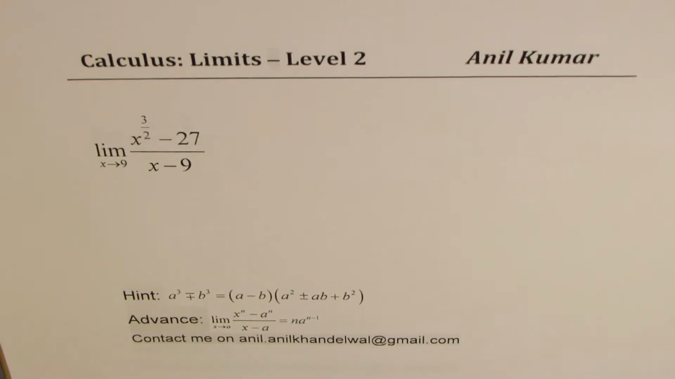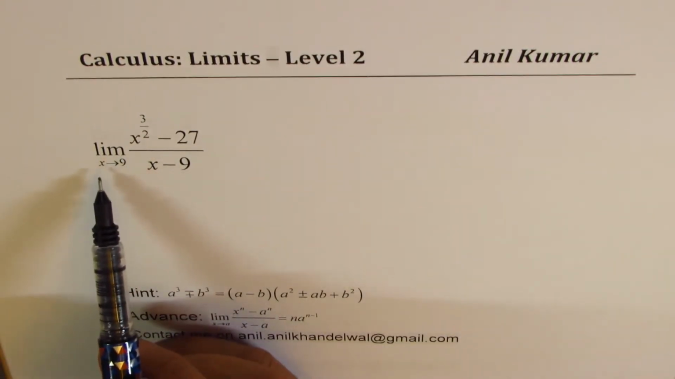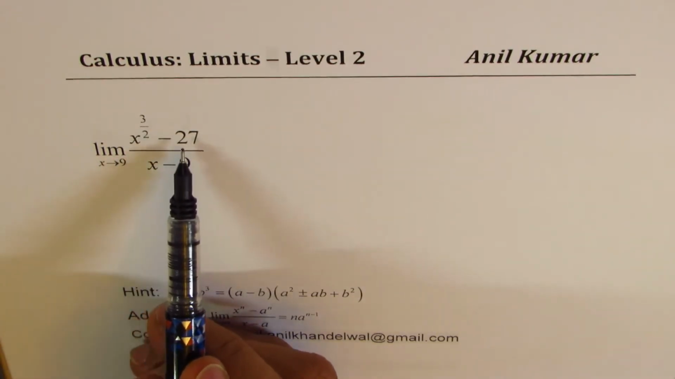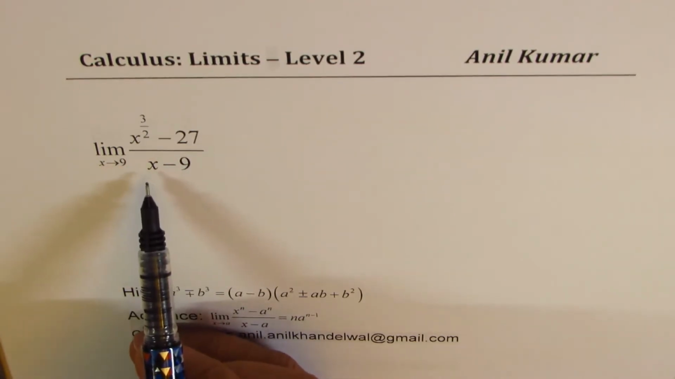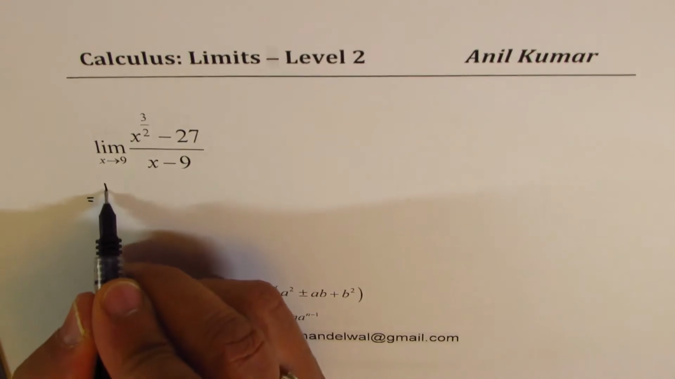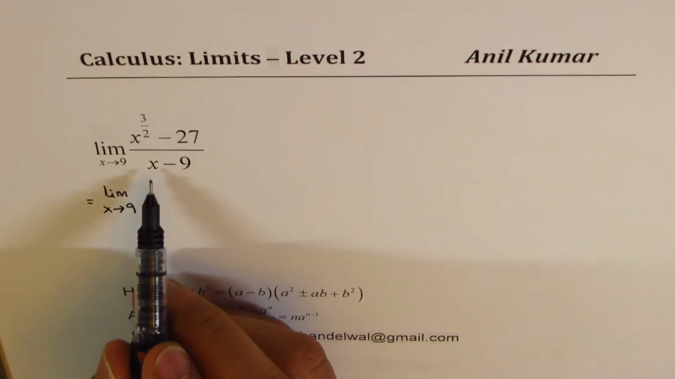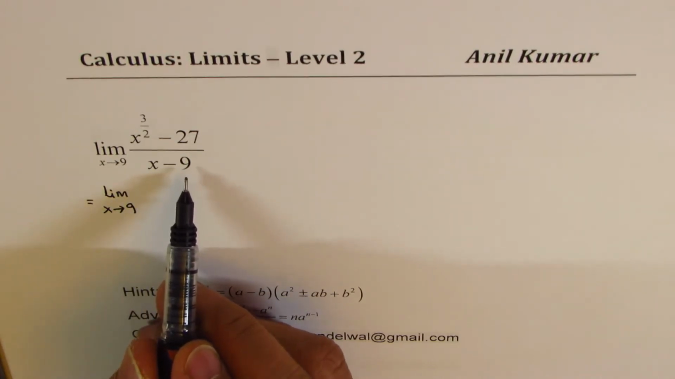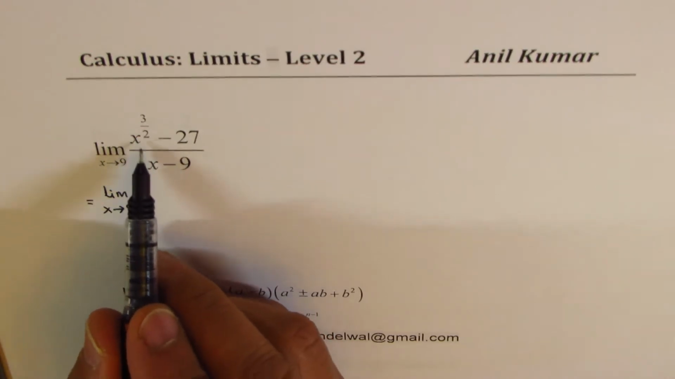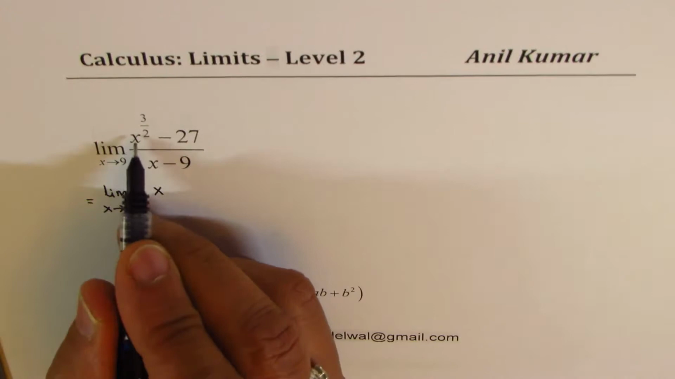Now, here is the first question on limits level 2. We need to find limit when x approaches 9 for x to the power of 3 over 2 minus 27 divided by x minus 9. Now, we could always write this as limit x approaches 9. Since we have x minus 9 in the denominator, we could actually write the numerator also in terms of x and 9. So I could write this as x, that is square root,